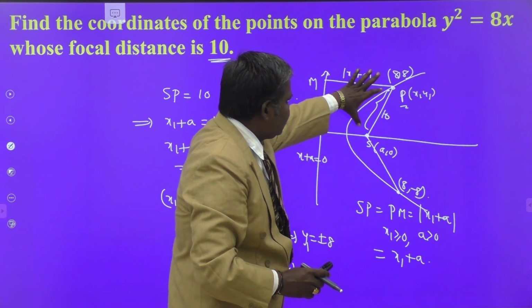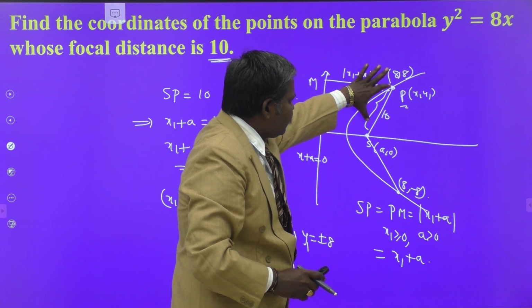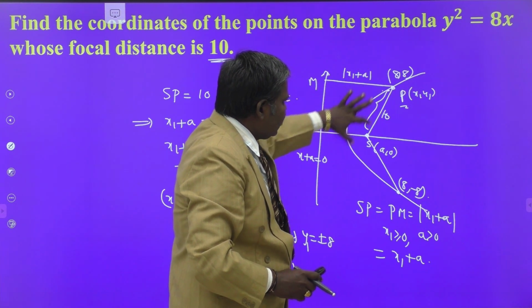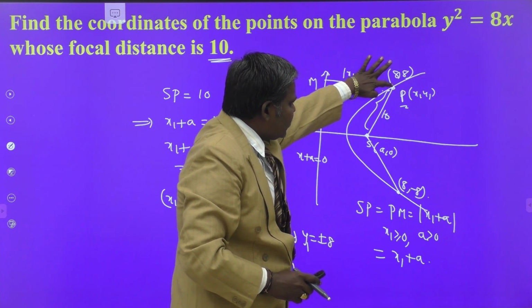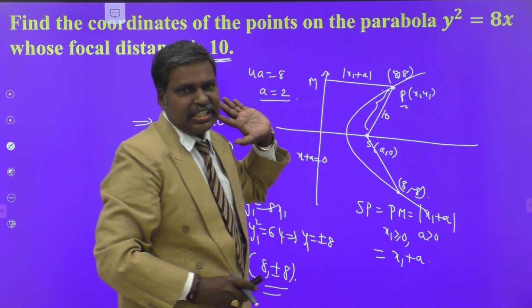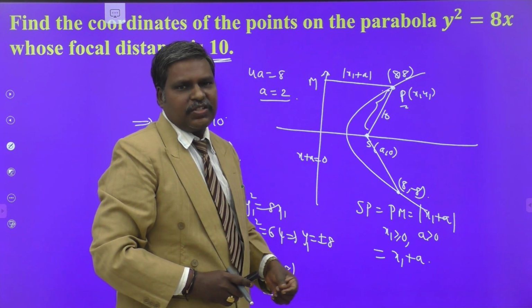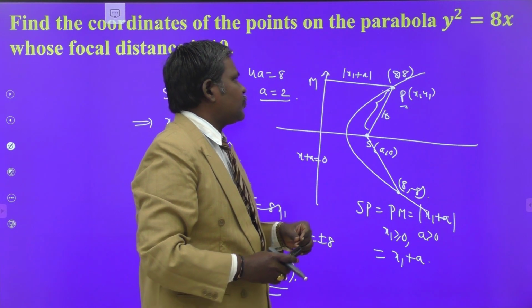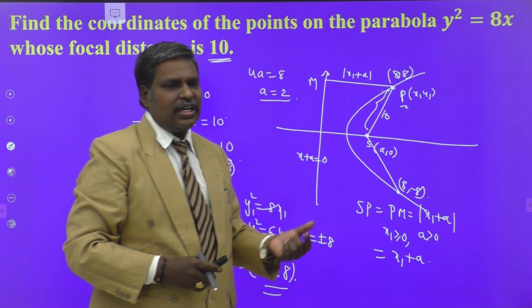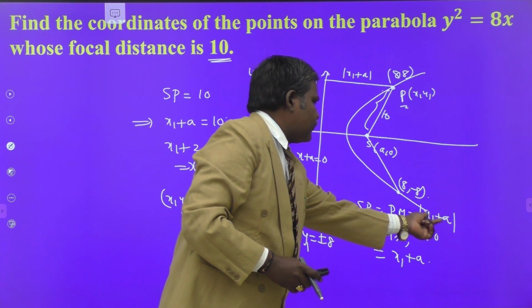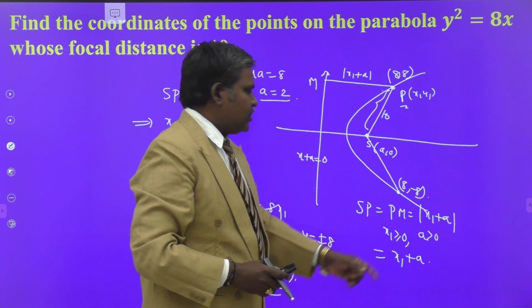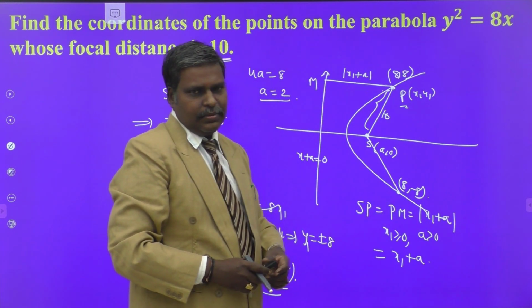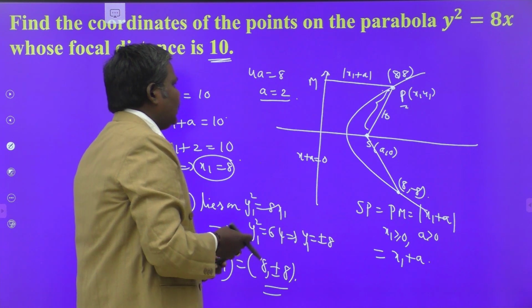This is the focal segment. So this is the focal distance of that point. We mean we have to find out the distance from the point to that focus. SP is nothing but mod x1 plus a. If your parabola is y square is equal to minus 4ax, what is that? It becomes modulus of x1 minus a. Instead of a, you have to write minus a. Okay. Focal distance.